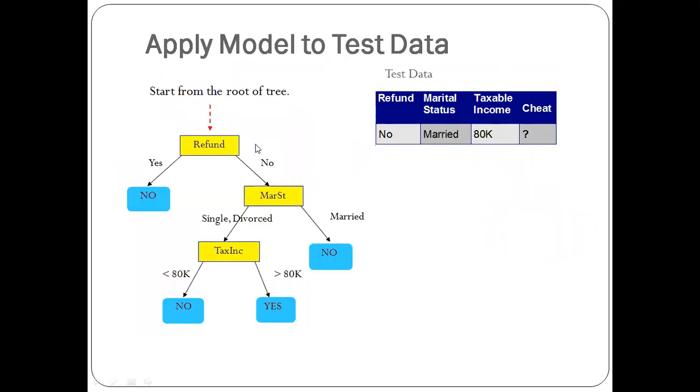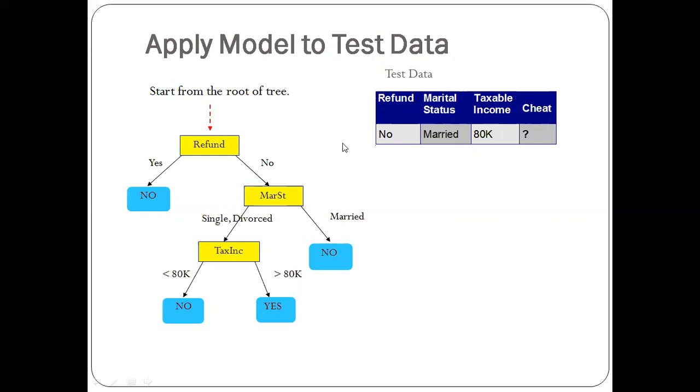Now the thing is, see how we can classify a given test record, that is, how we can assign the class label to a new unseen record. Here we have got a new record, and I need to assign the class label to it using the constructed decision tree. So this was the decision tree that we have built.